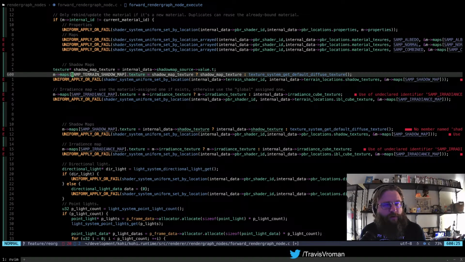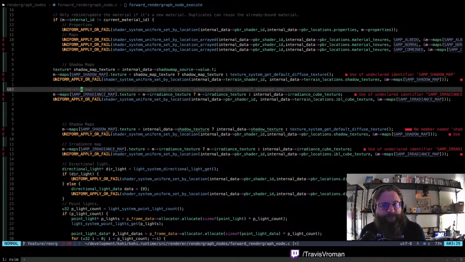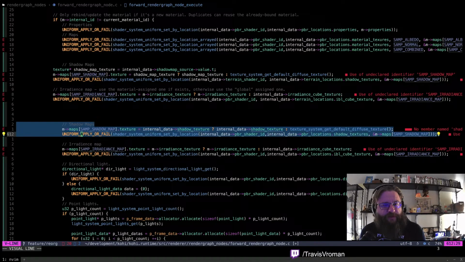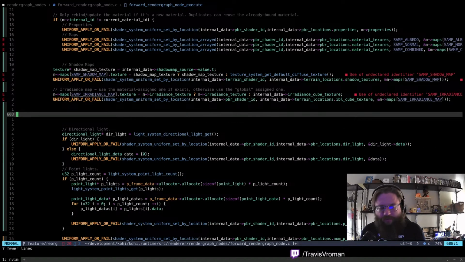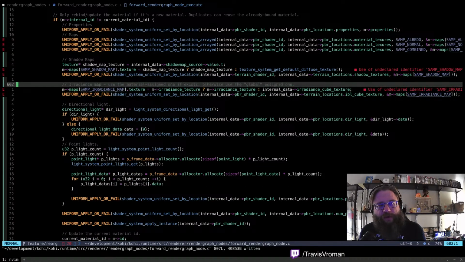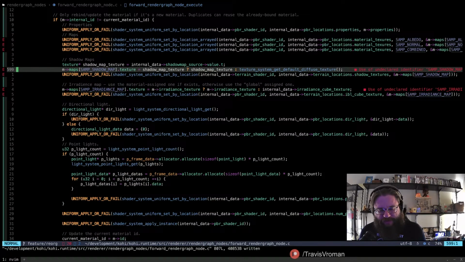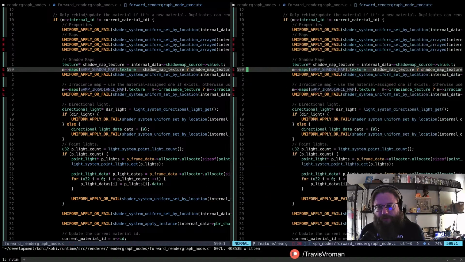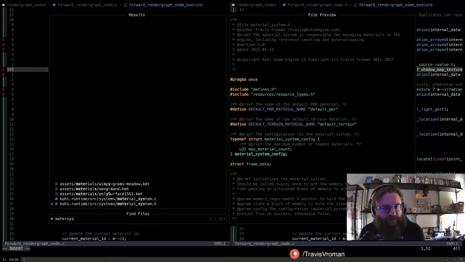And here. All right. Okay. So that replaces these two guys. Now, we need these indices, right? We don't have these guys yet, so let's go to the material system.